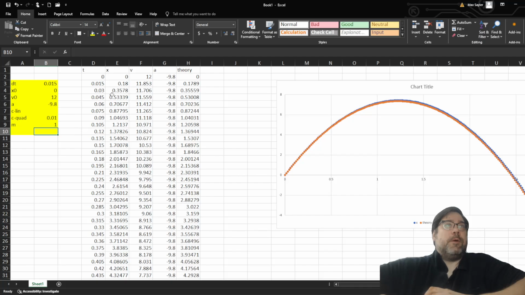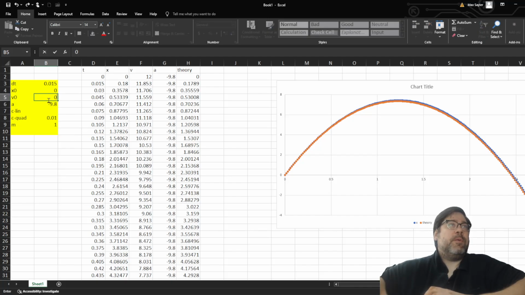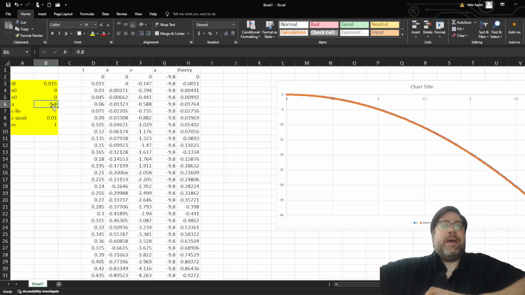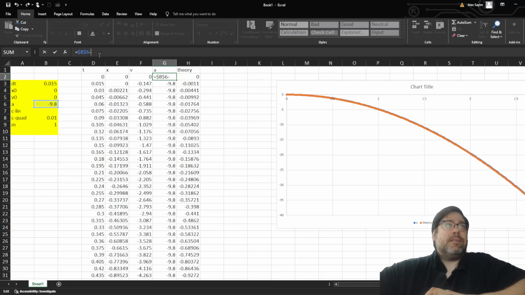Okay, so let's say we do something like drop a ball out of an airplane. So x0 is 0, v0 is 0, a is minus 9.8, and the mass is 1. So what's the acceleration going to be? The acceleration is going to still be minus 9.8, but as it goes down, it's going to be minus the velocity